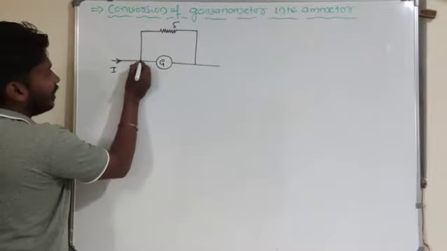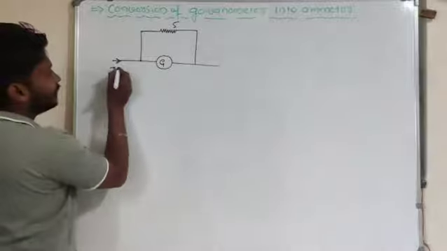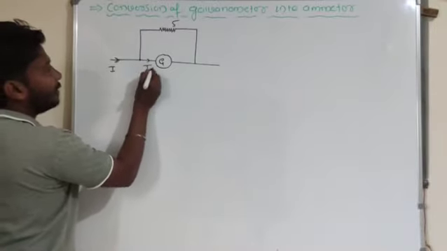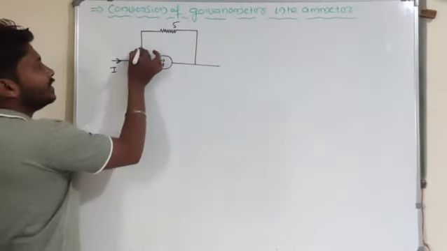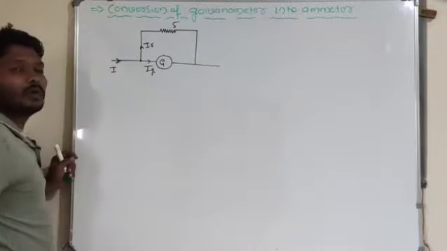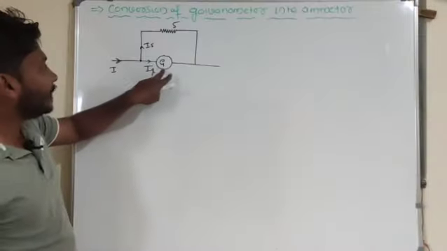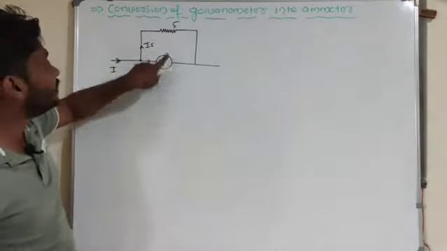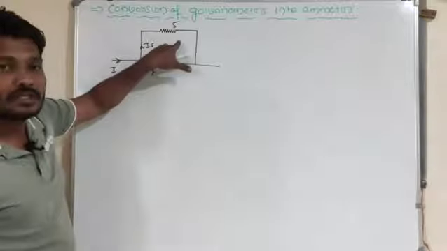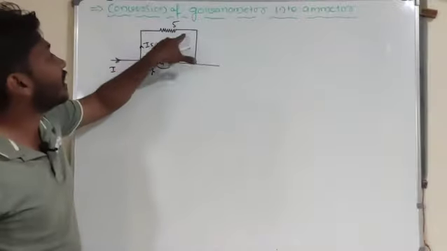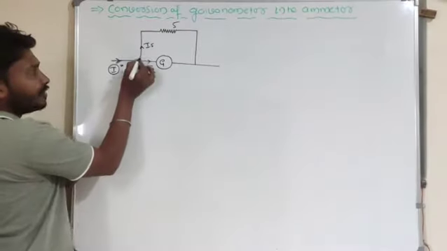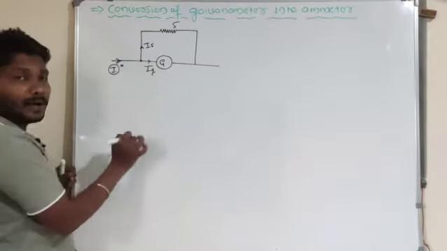According to Kirchhoff's current law, this is the junction point. If a high amount of current is there, the current will branch here. A certain amount of current flows through the galvanometer and the remaining current flows through this low resistance wire. Why? Because compared to the galvanometer resistance, the shunt resistance is low. If the resistance is less, the current is more. A high amount of current is passing here, and that high current will branch here.